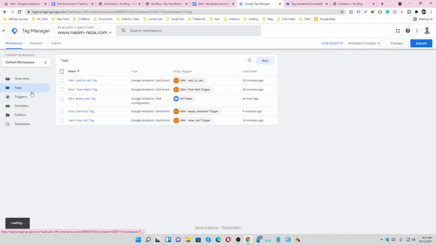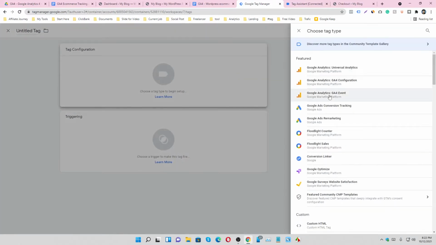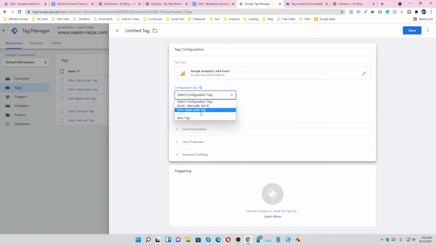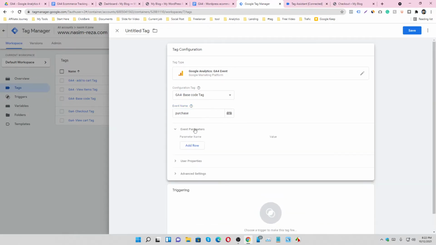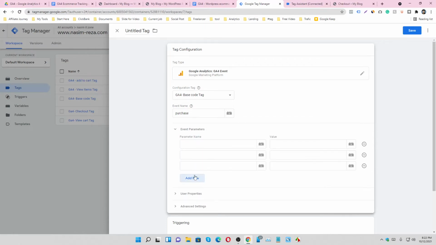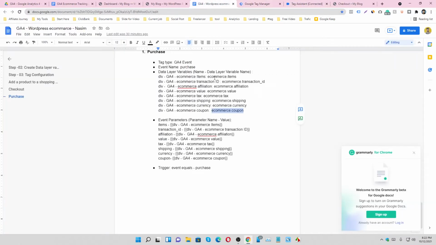Then go to the tags section and go to new, and it will be the GA4 event and base code. Put the event name, and the important part is the parameter name. So you have to make a couple of parameters here.